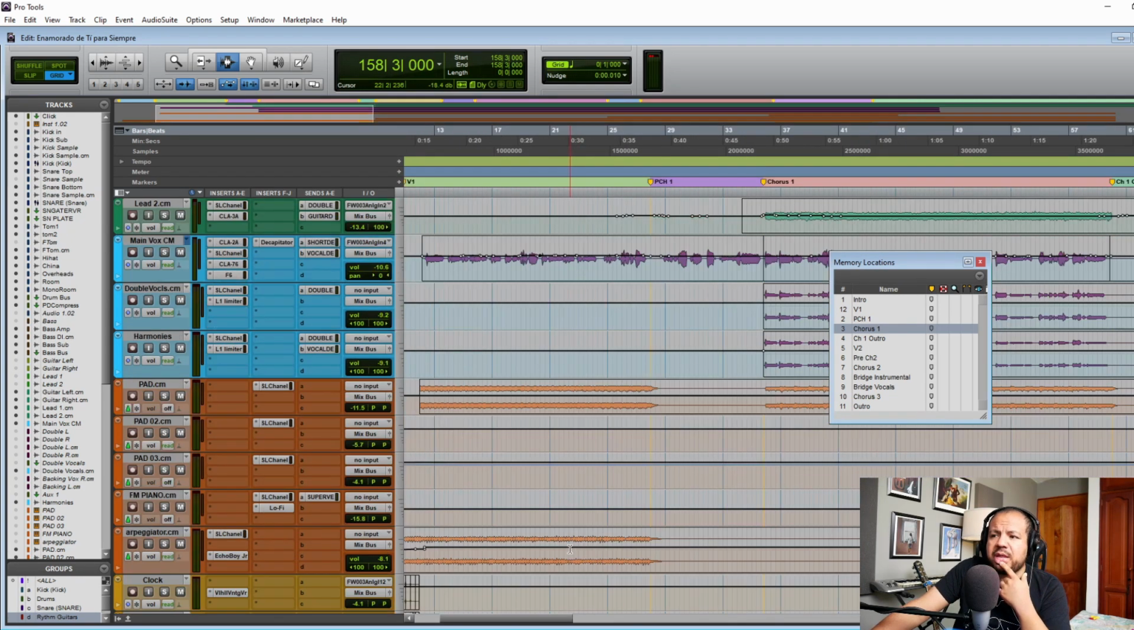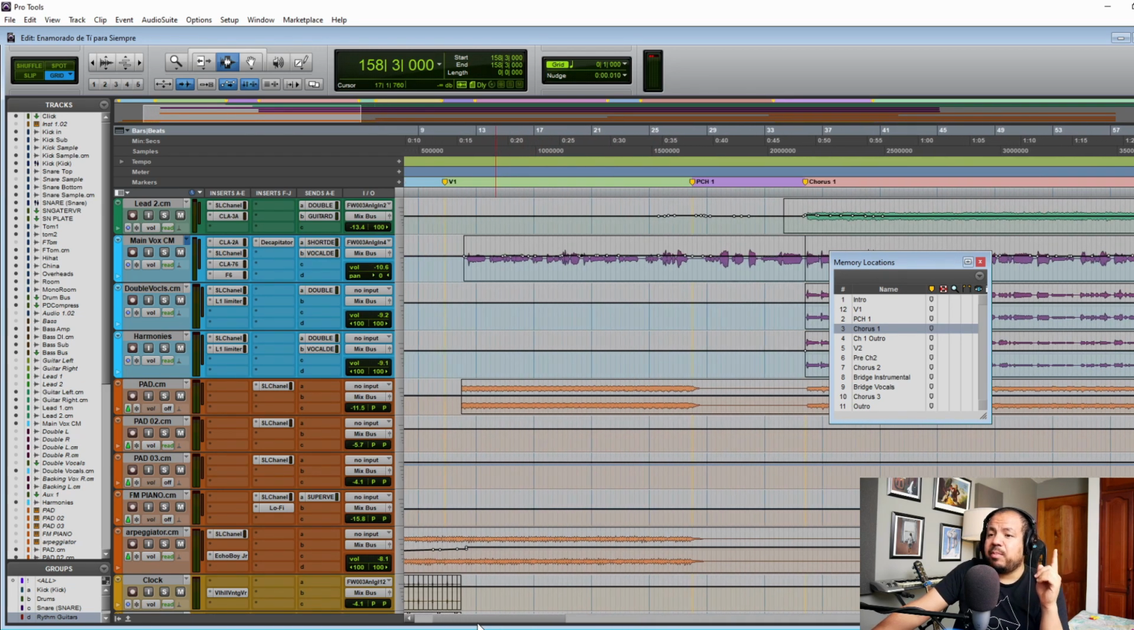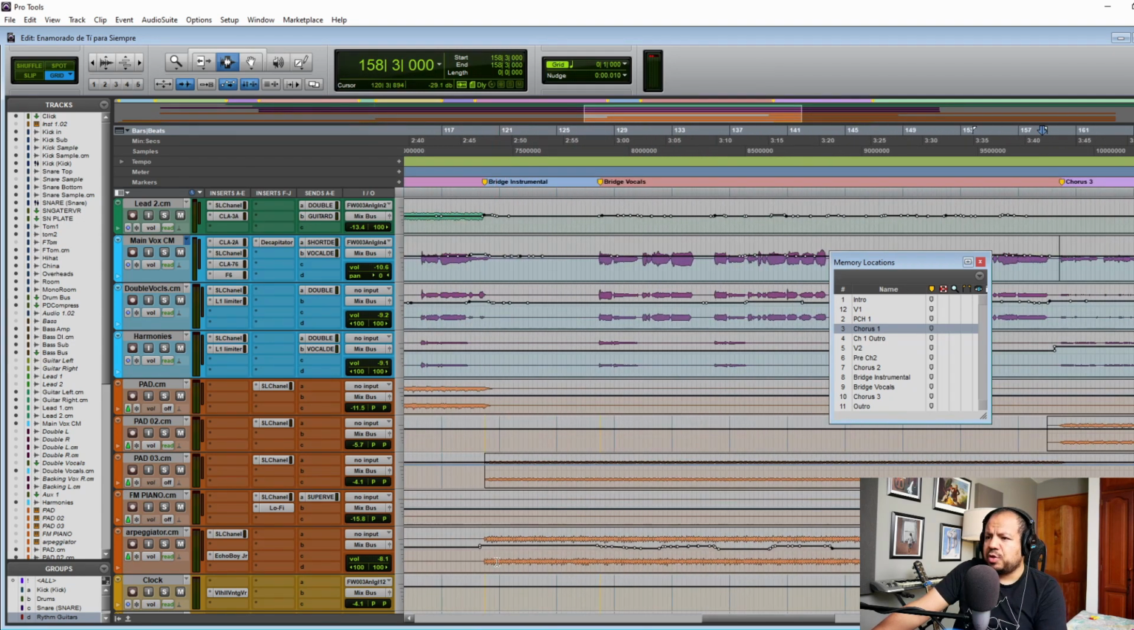Now for the synths, I didn't do much to them, because the pads are just there to reinforce the sound, so the pads don't have much, but the arpeggiator is a different story. So I'm going to show you what's happening here in the instrumental bridge part of the song,